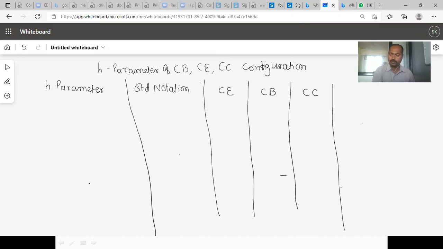See H parameter, we know that four things, four H parameters. H11, which is nothing but V1 upon I1. We go in detail because this should be understandable to you. H11 is nothing but V1 upon I1. This is nothing but the input impedance. This should be called, in a bracket, HI. Is that correct? Tell me.